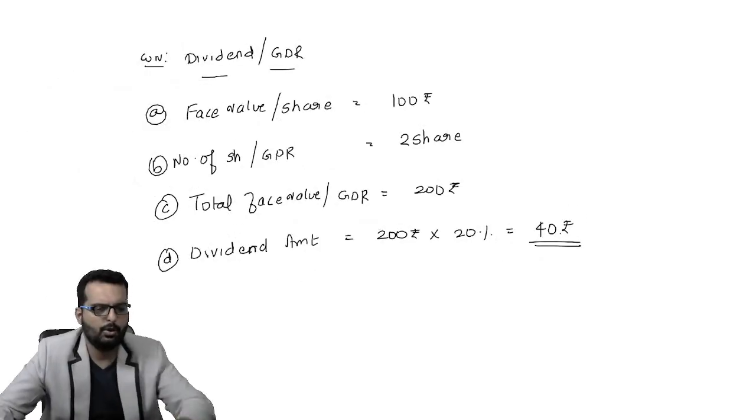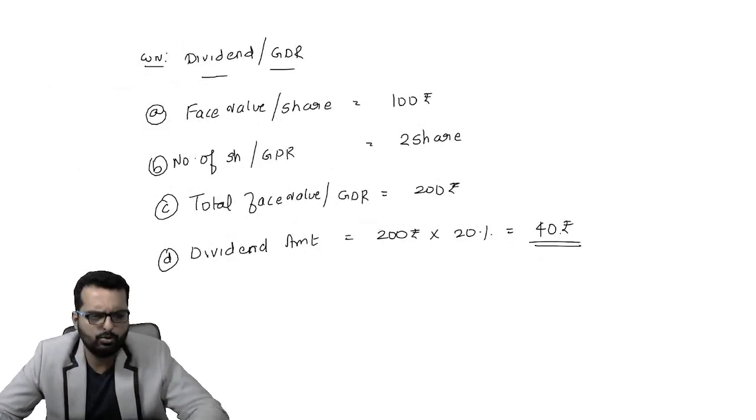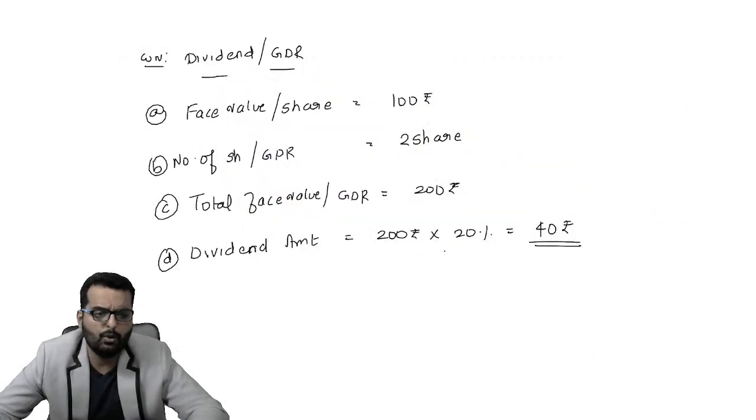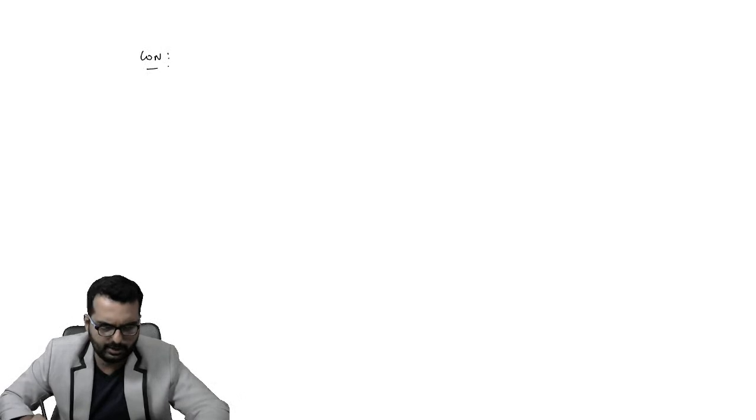All right, friends, I believe you're all done writing this part also. So once you get the dividend per GDR, you as a financial consultant are required to compute the number of GDR to be issued and the cost of GDR. I think we have already got the number of GDR as 1 million GDR. We'll now have to find out the cost of GDR. Next working note,